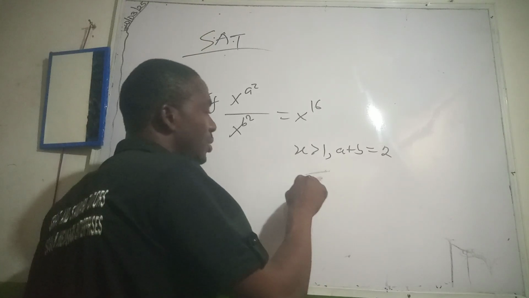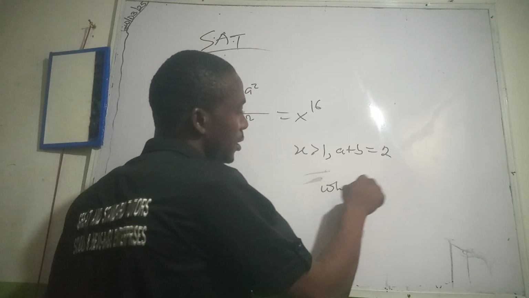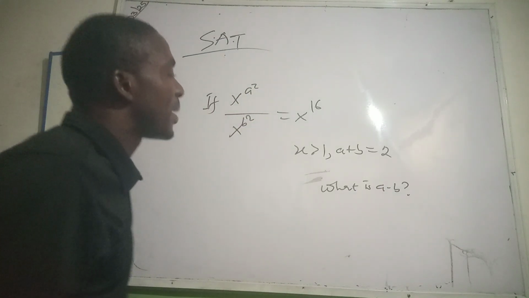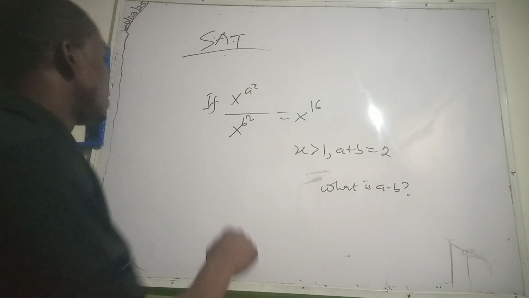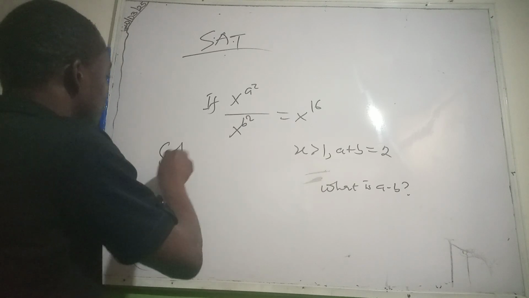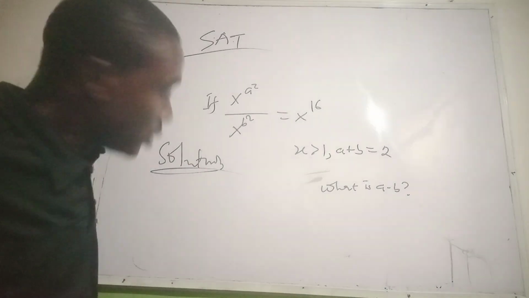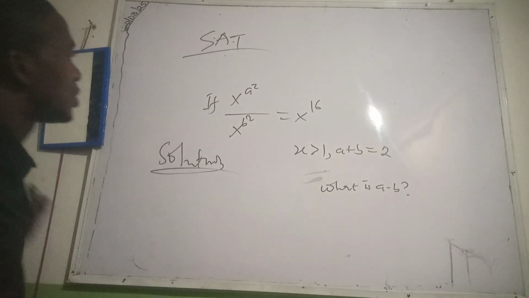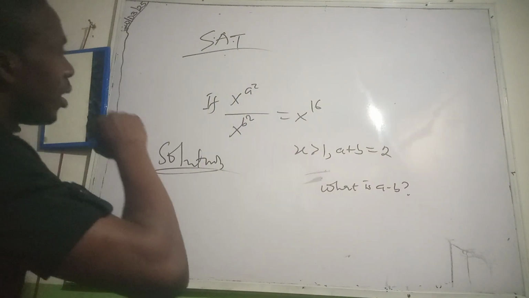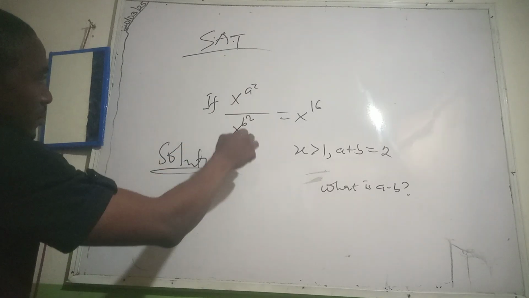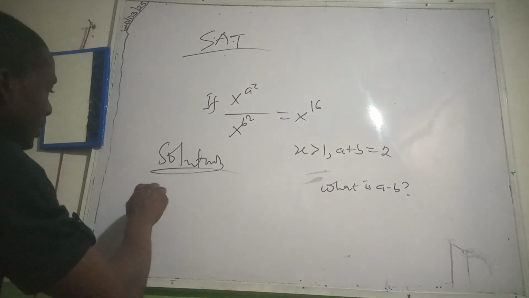What is a minus b? It's a question. How do we go about this? Solution. What we're going to do firstly is to apply the law of indices. From the law of indices we can have this. They have the same base, which is x. Then you can say x